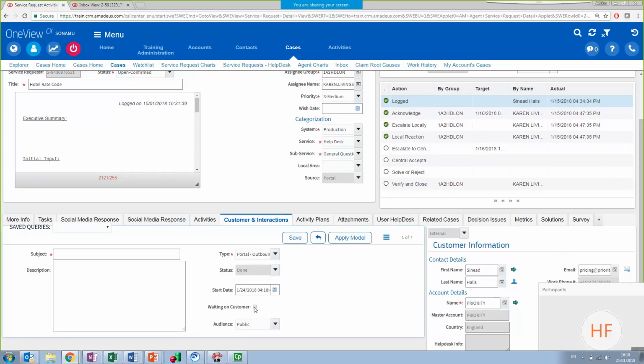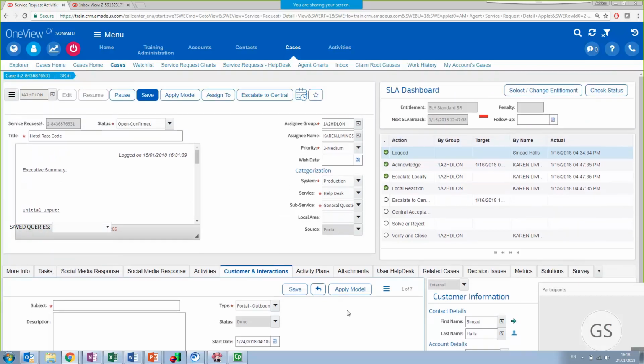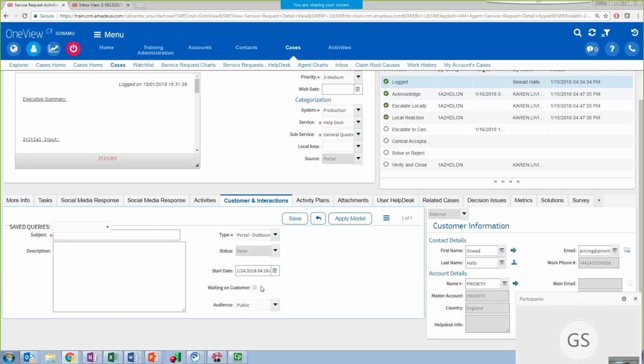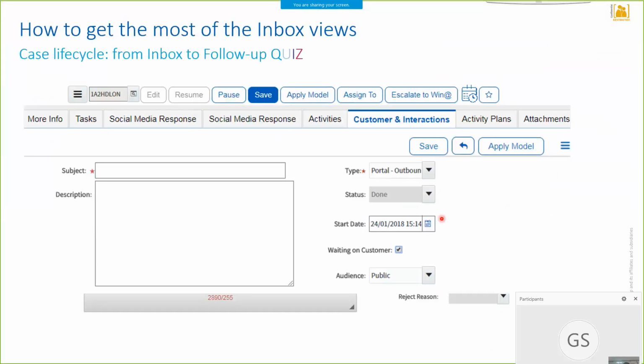So in this case, the waiting on customer flag is not ticked. It's mainly because this case does not come from Portal. So you'll have to tick it before you save. All right.